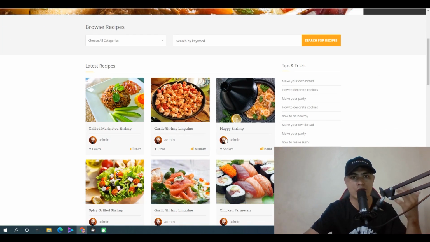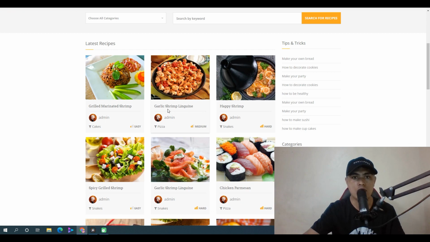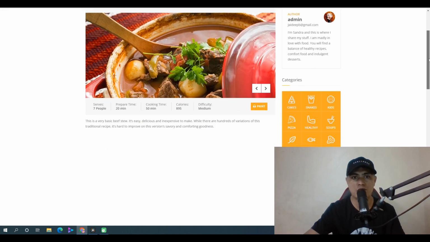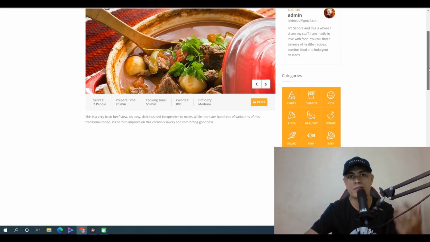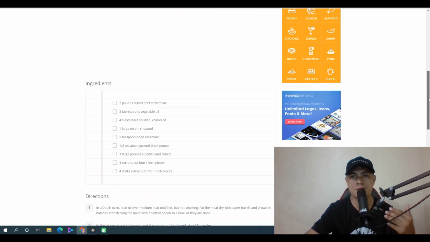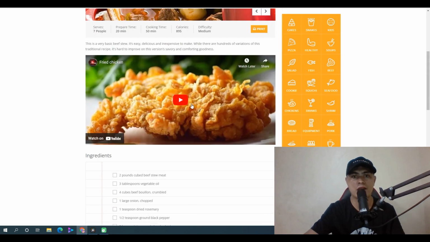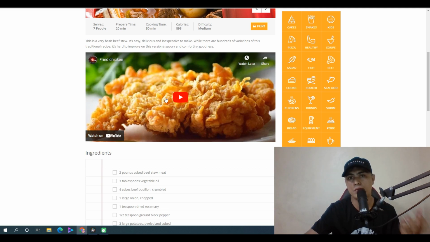And when you click one of these, let's say garlic shrimp, click on this one right here, it will take you to this page right here where you provide step-by-step instructions on how to cook shrimp. You can add an image right here, you can add in a video right here, and you don't need to create this video yourself. You can just grab this video from YouTube, and